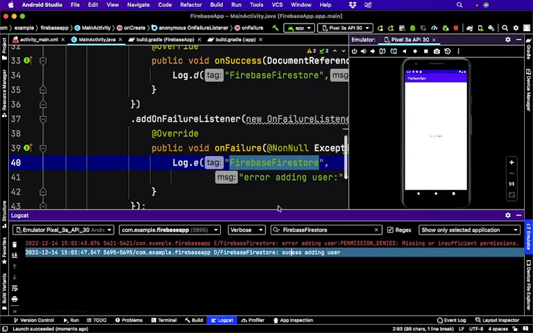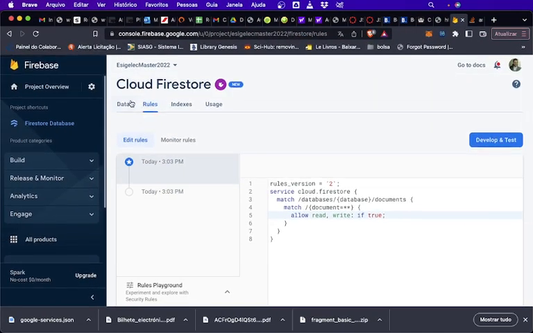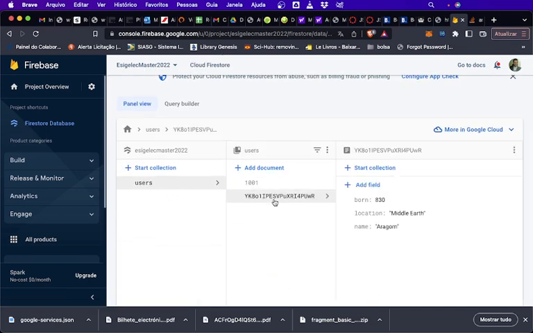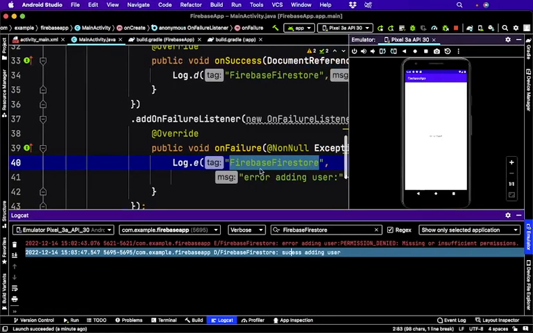Success adding user. So let's see now on our Firebase data, users. Oh, here we have it. We see here, it creates for us a document and puts everything here. This is generated automatically as a UID, unique identifier. Normally it creates a hash for it. Okay, and we could use this, for example,